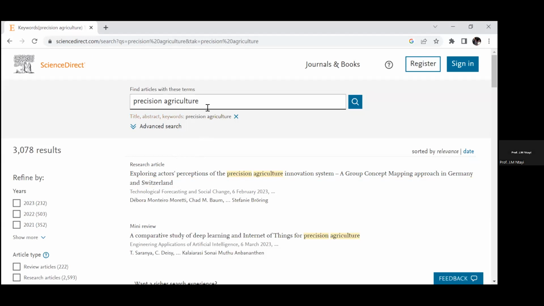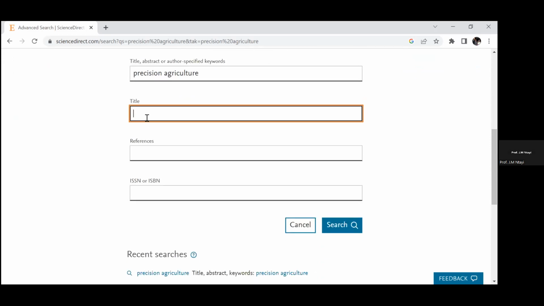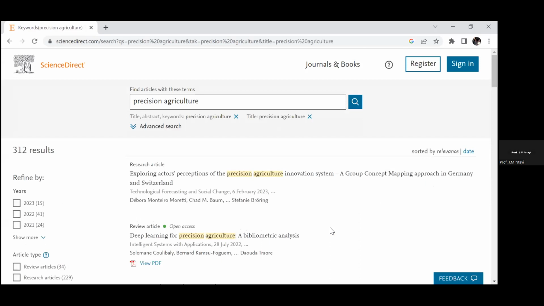So let's do it one more time. Can we restrict it to the title? And then we say search for us. I have 332. And that means Charles has a lot of work now. Imagine 312 articles have the words precision agriculture in the topic. And so Charles now has to download